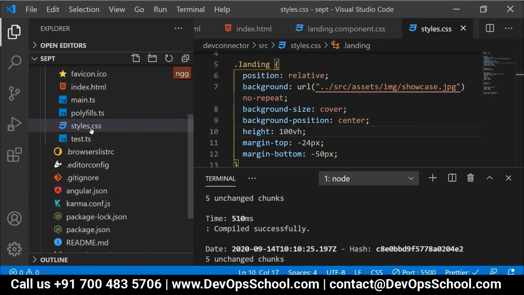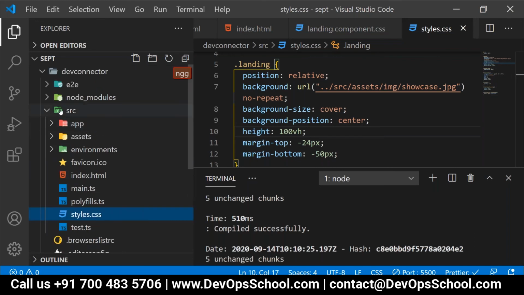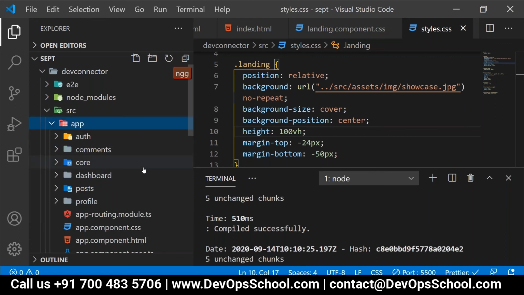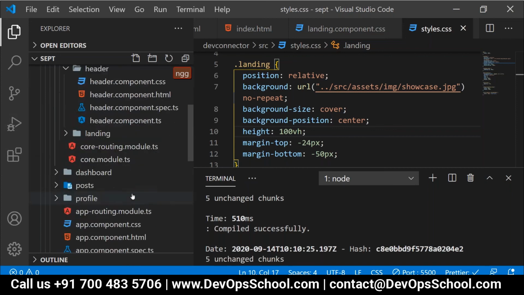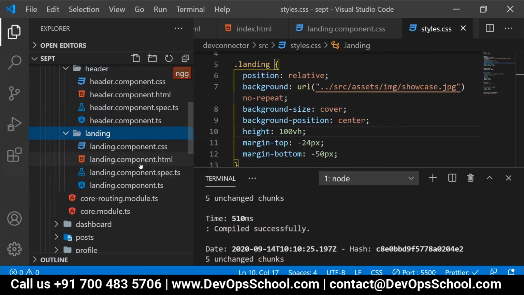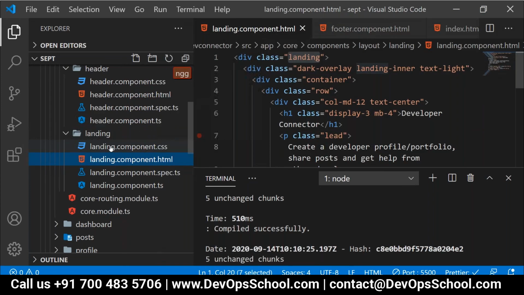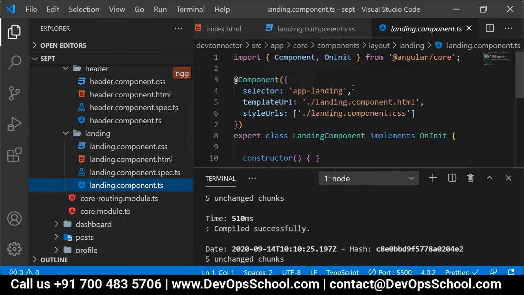Deepak, have a look over here. Where is it placed? Is it placed under the src or not? Okay. First point. Second point is, when you talk about this landing.css, is it applicable only for the landing component or not?